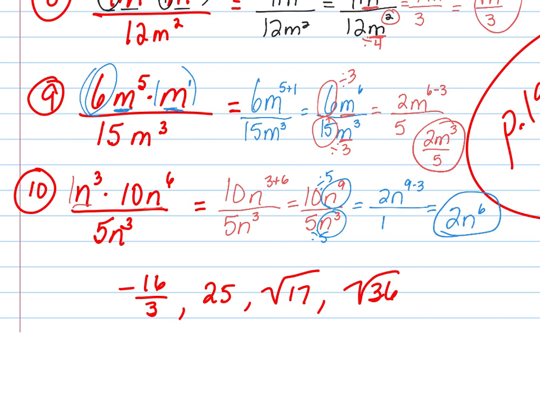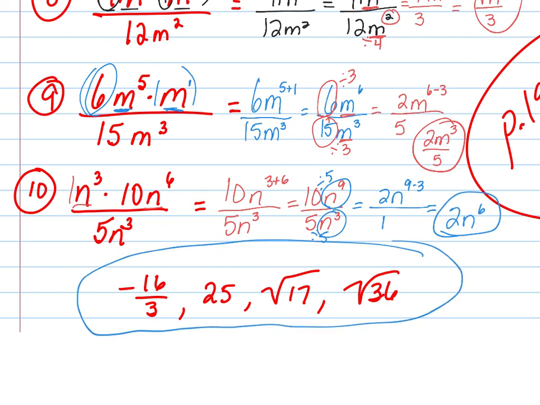So look at this problem here. You notice we've been talking a lot about rational numbers. A rational number is any number that can be